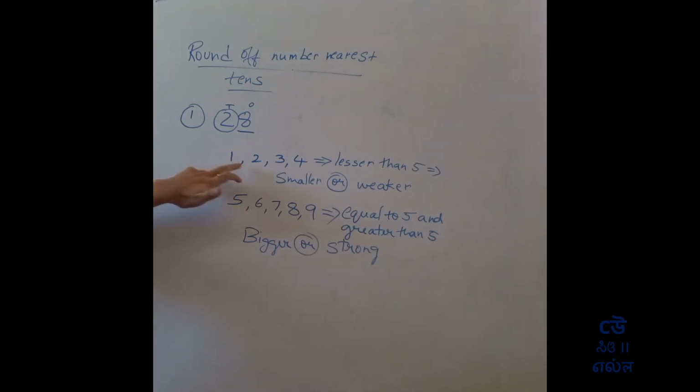The numbers 1, 2, 3, 4 are lesser than 5, right? These numbers are less than 5, right? So,